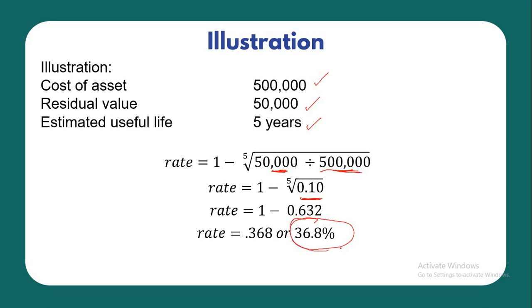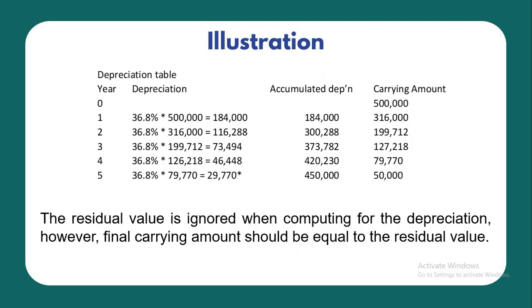So, meaning to say, every year you are going to depreciate the asset by 36.8% of the declining balance. Not the cost, but rather the declining balance. 36.8% of the declining balance. So, here's our depreciation table, 36.8%. So in the first year,